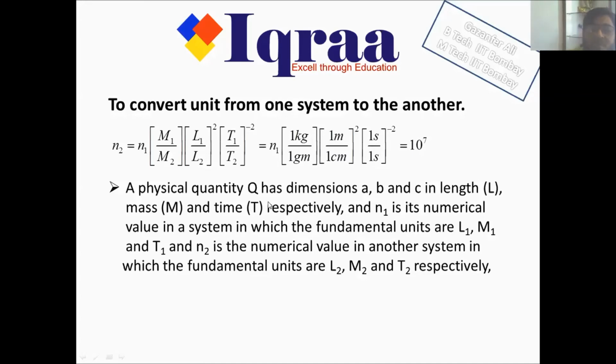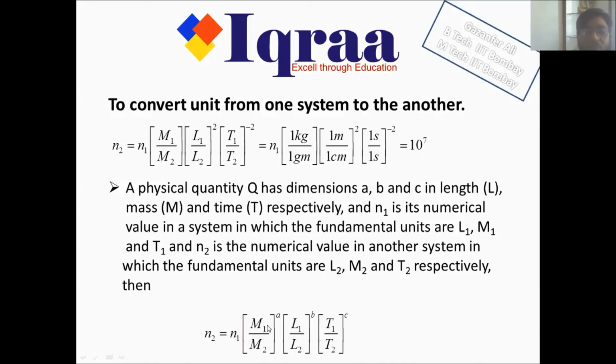Like in the above example, the fundamental units of length, mass and time in the SI system were meter, kilogram and second, and the numerical value was 1, and in ergs the value was 10 to the power 7, and the fundamental units in the CGS system for length, mass and time were centimeter, gram and second. So we can write this as N2 is N1, M1 upon M2 to the power A, L1 upon L2 to the power B, T1 upon T2 to the power C. This helps us to easily generalize this formula, where A, B, C are the dimensions of the mass, length and time